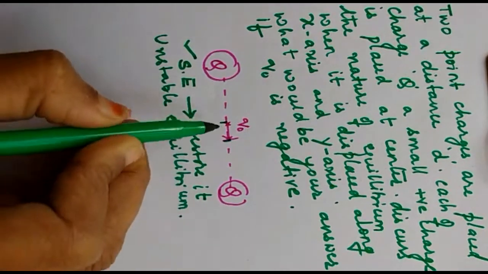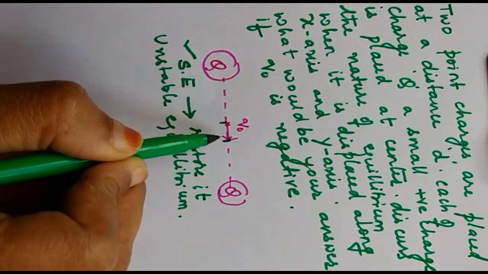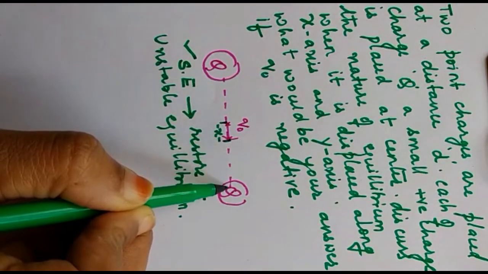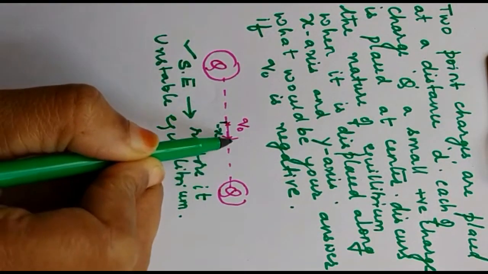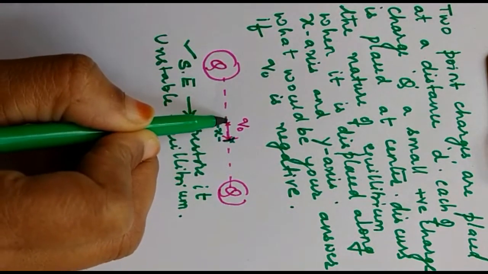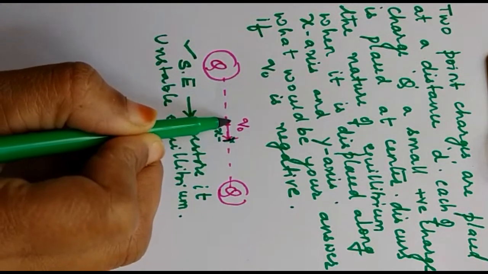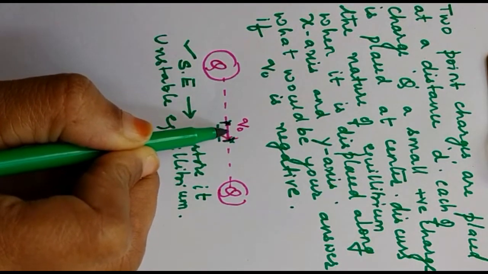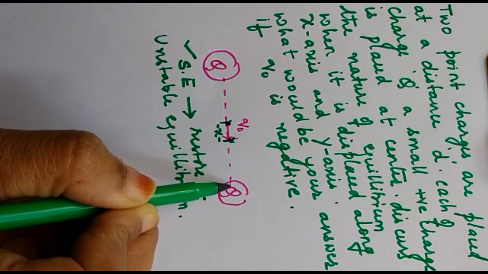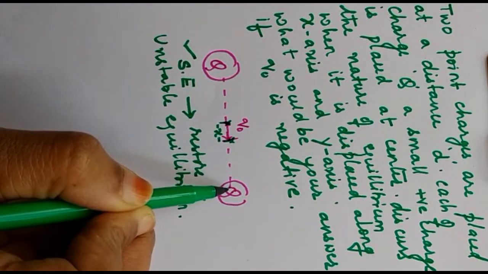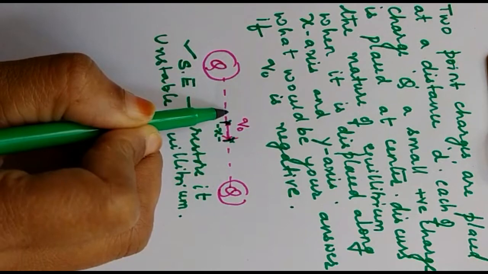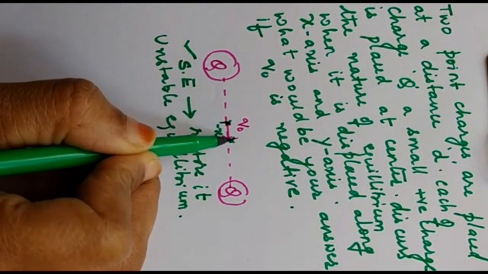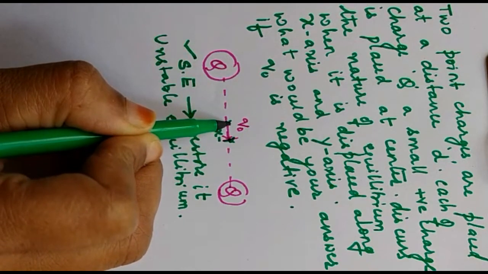Okay, now let us start. Say I have given a small displacement to this charge along x-axis. So we have moved it close to a positive charge. Now you can imagine if it is at center, the forces were balanced, it was in equilibrium. But once I displace it along x-axis towards a positive charge, obviously this charge will exert more force of repulsion than the first charge. Due to that, the charge will try to come back to its initial position.